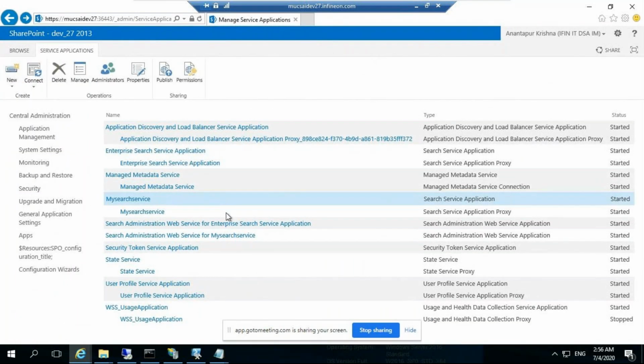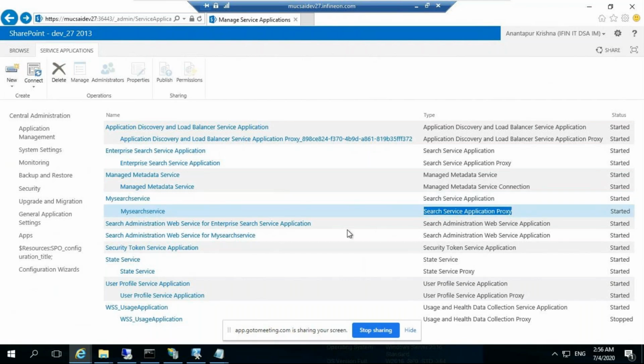Okay, and you can see the type is search service application, and search service application proxy. It will be there. Proxy in the sense, suppose we have two farms, and if we want to publish this, then we can use this proxy to connect to that farm, and then we can configure that.